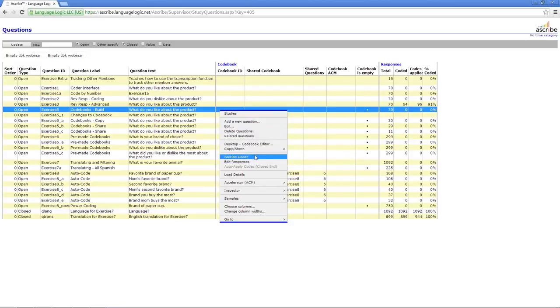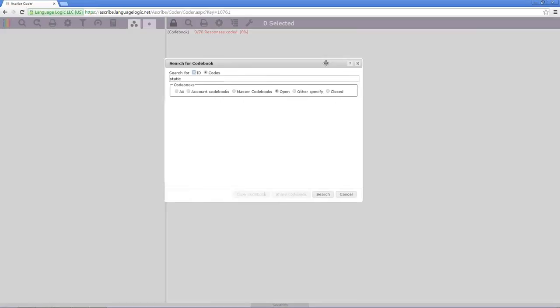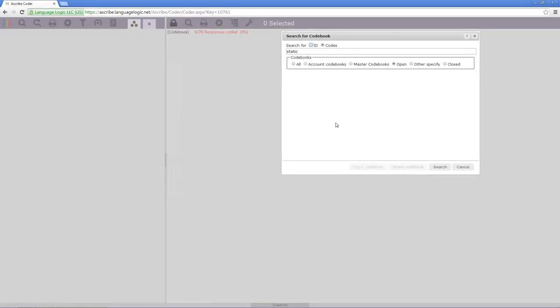And I'm going to start out by going into Ascribe Coder for a question that has no codebook. When you navigate into Ascribe Coder and there's no existing codebook for that question, hitting the search button opens this search codebook dialog. And I wanted to make sure everybody understood that we have this functionality. And this search for codebook allows us to search by code description or ID. So if I'm searching for a codebook that has a code description with the word static in it,